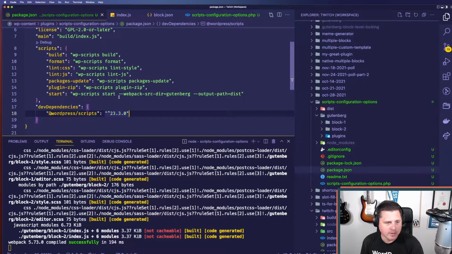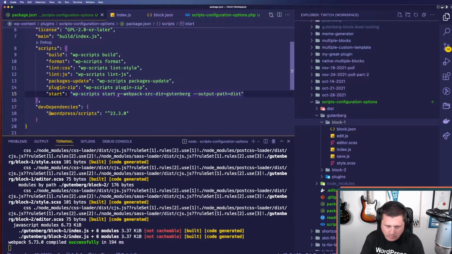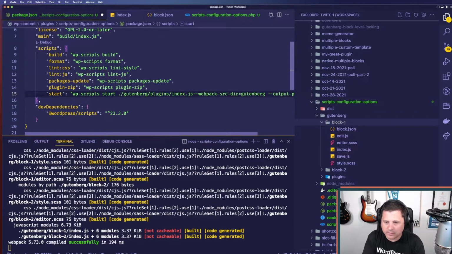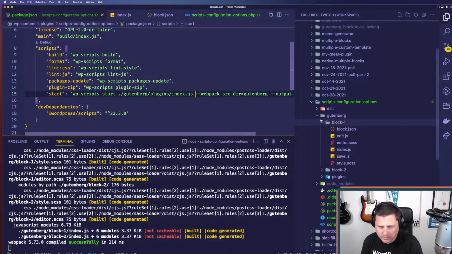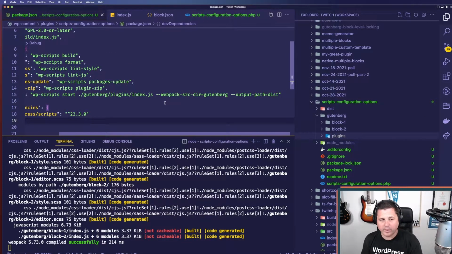So now you can actually add an entry point like this, right? So what I can say is, plugins. This is the root directory. Oh no, so I'm going to go to Gutenberg. If I can spell it right. Gutenberg plugins. Right, index.js. I think that's what I called it there. Wasn't that what I called it? Yeah. So now you would think that what would happen here is